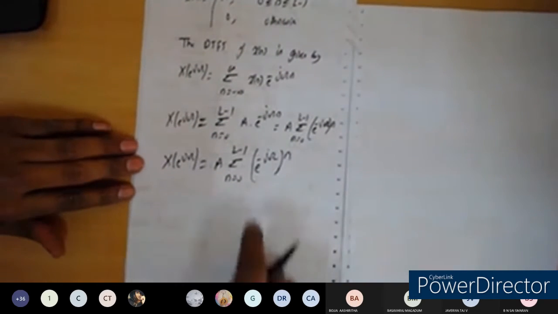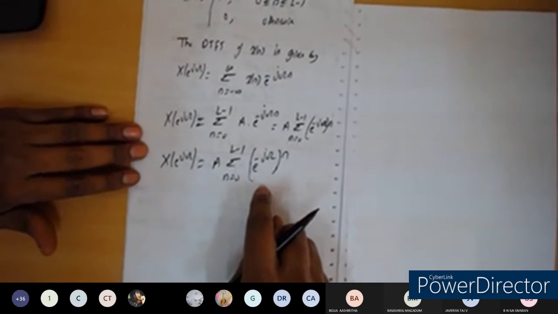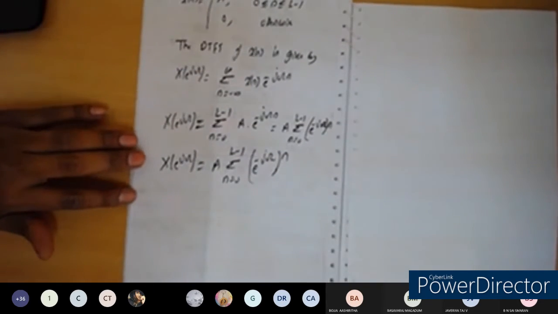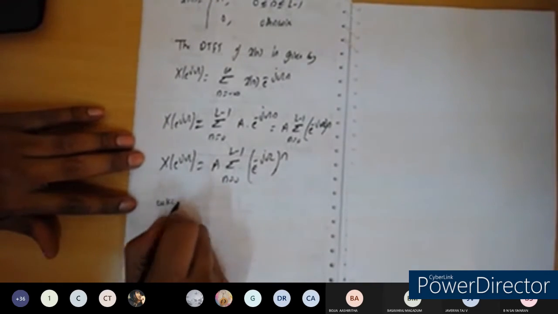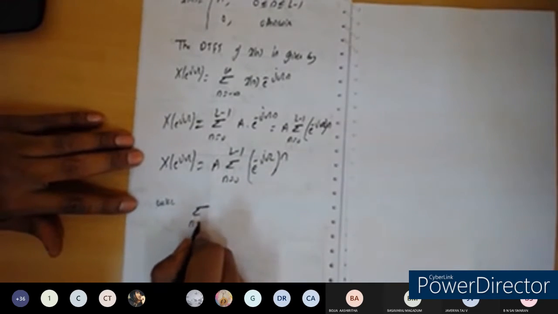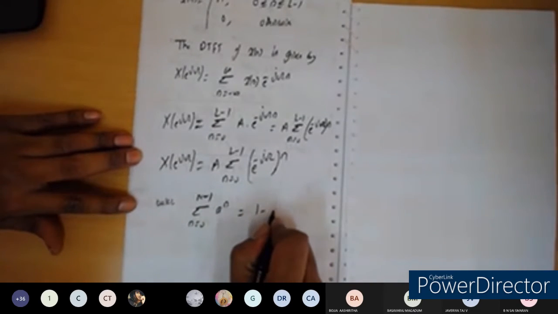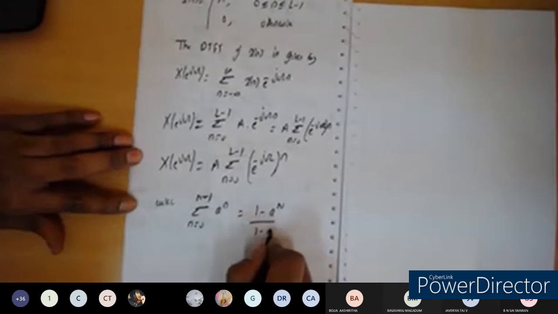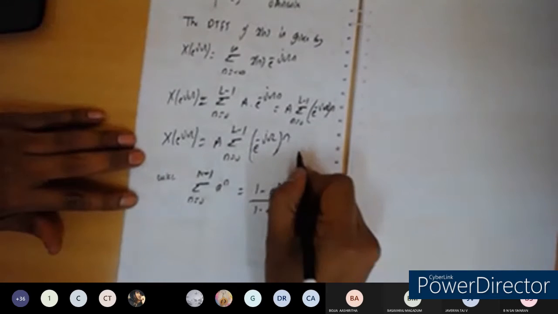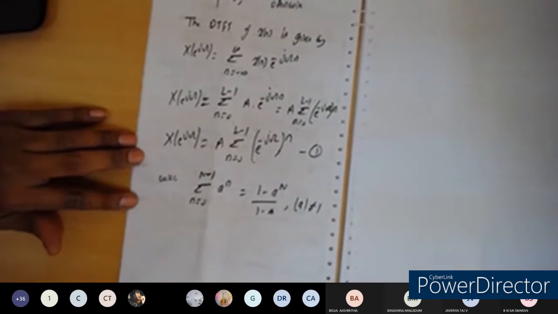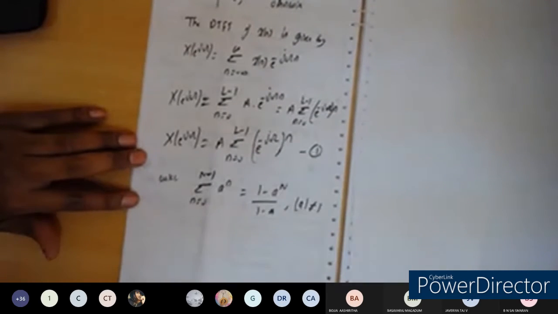Right now we have seen the sum of finite terms formula already. We have seen it in the case of the convolution sum, and in module 1 also, when finding the power of the signal. Let us recall that formula. Summation n is equal to 0 to N minus 1 of a to the power of n is equal to 1 minus a to the power of N divided by 1 minus a, provided a should not be equal to 1. Let us call this equation number 1, because we need to check what happens whenever a is equal to 1.